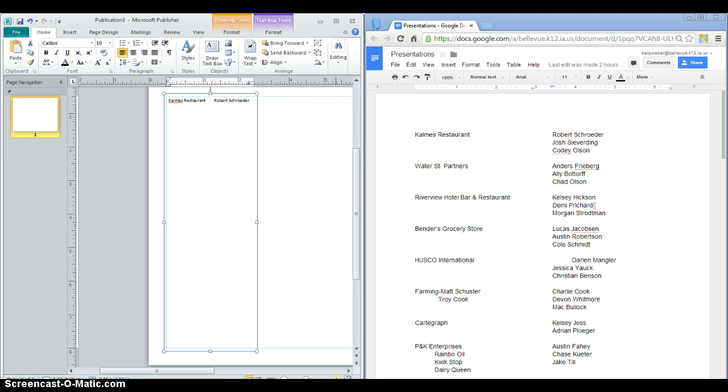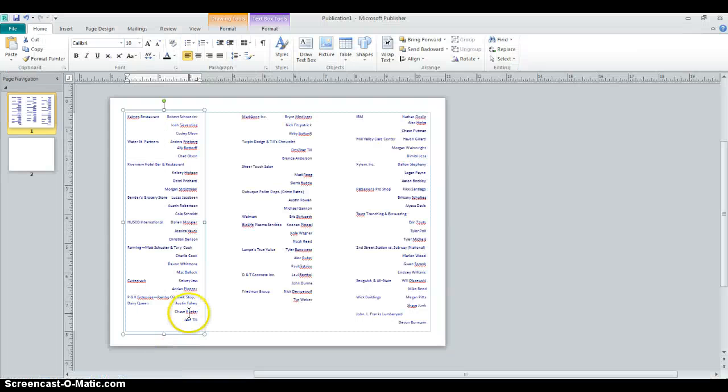I hit Enter and Tab, and now Enter and Tab, and there I'm done with the first one. Okay, and I'm going to keep doing that until I have 8 done, which would be from Calmus's all the way down to Dairy Queen. Okay, and once I have that done,